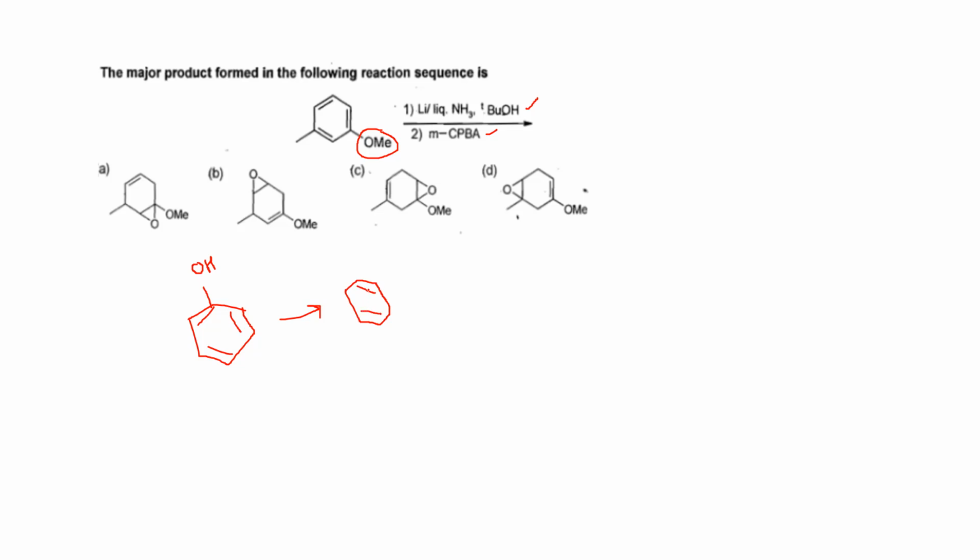In short, this is a method to remember how to draw the product directly. You don't have to go to the mechanism also. If there is an electron donating group, the double bond will be like this. If it is an electron withdrawing group,